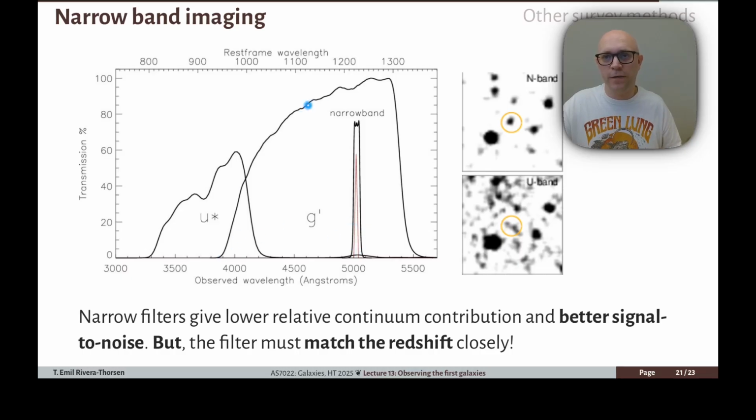If you take the G filter here, and then you take all these photons from this line, they will get spread out over the entire filter if you use the broad filter. And that means that basically the same area, but spread out over this width here, means that basically there's nothing to be observed. On the other hand, if you have a filter that only sits right around the line, then